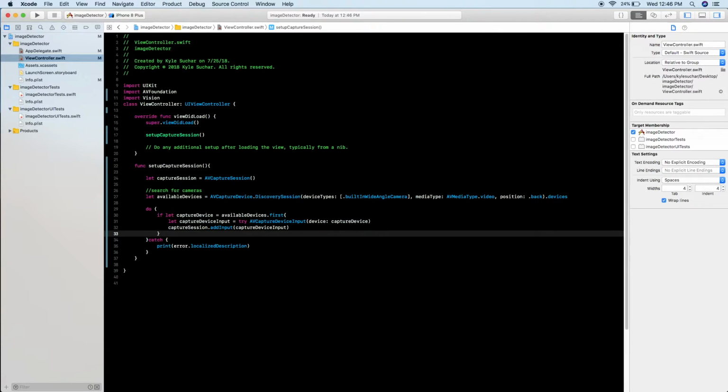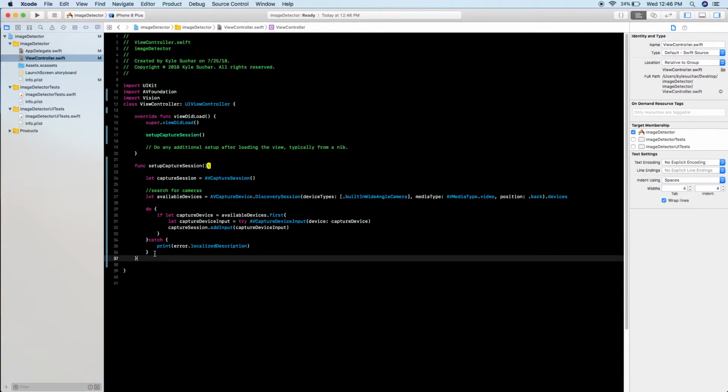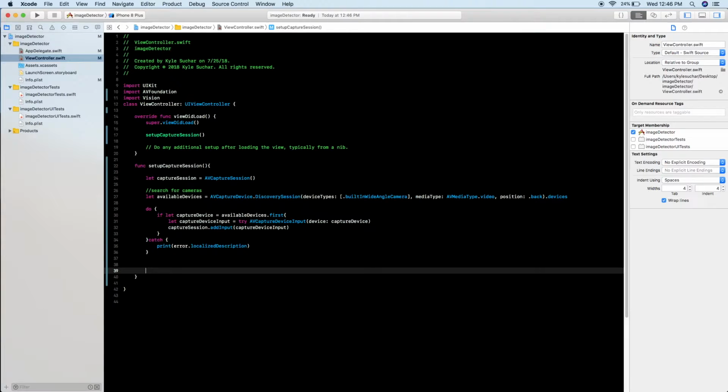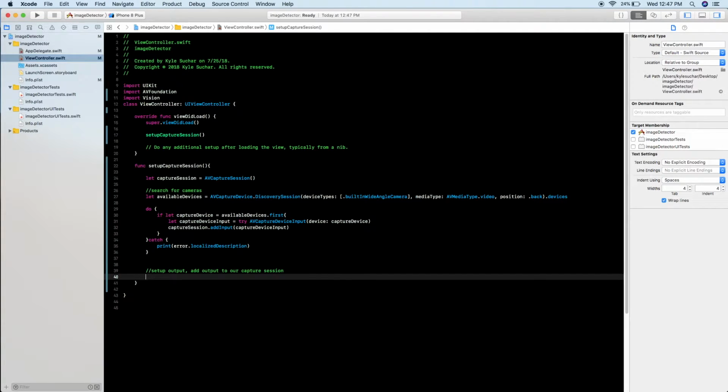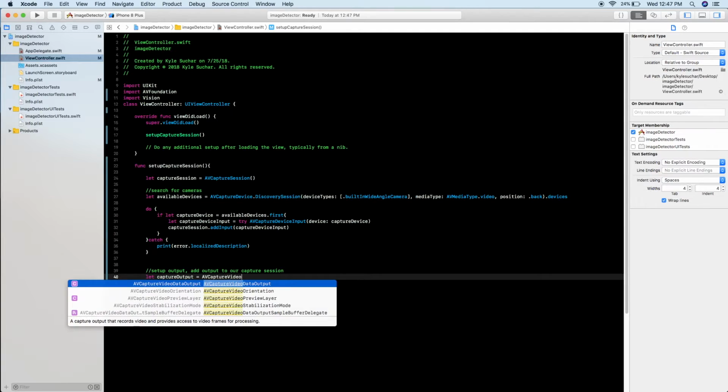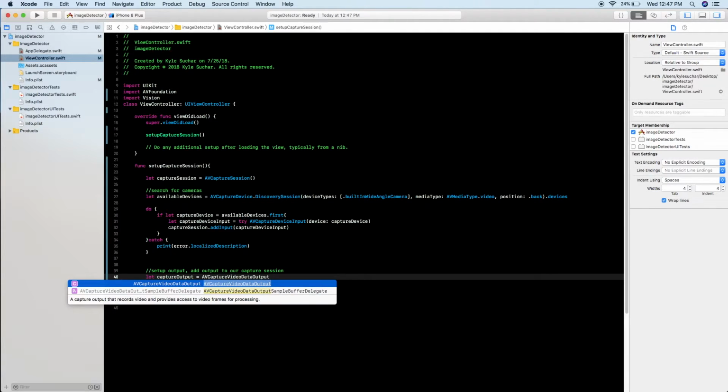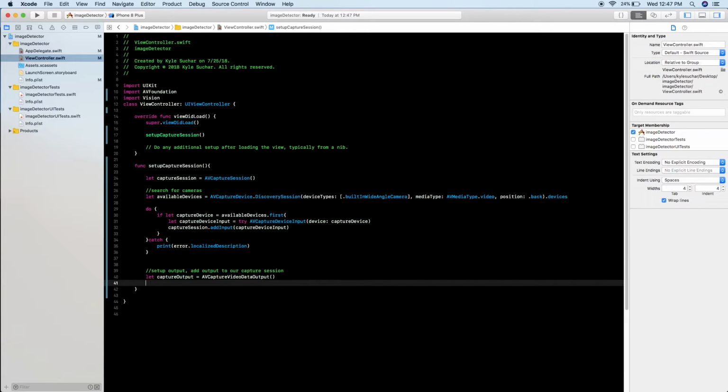So what I'm going to do here is just add some space, and I'm going to say set up output, and also add output to our capture session. So I'm going to create a variable, so let capture output equal AV capture video data output, and then capture output dot